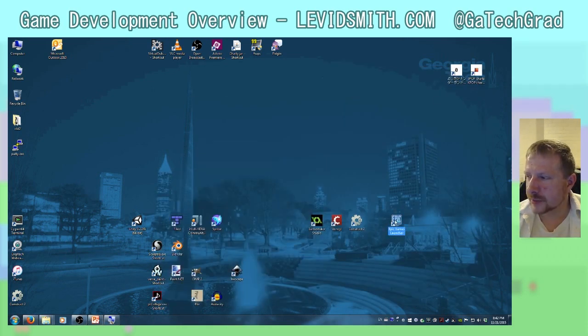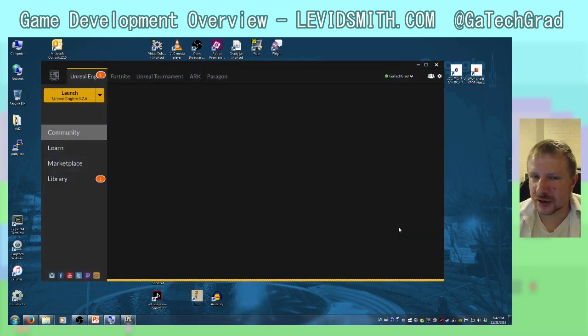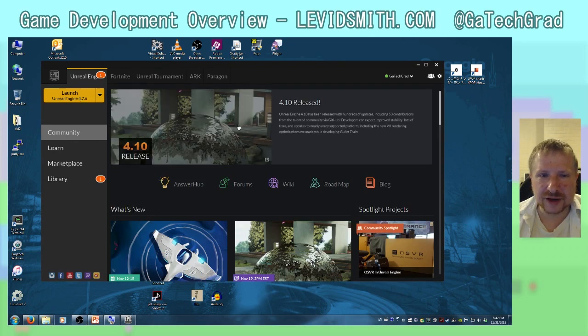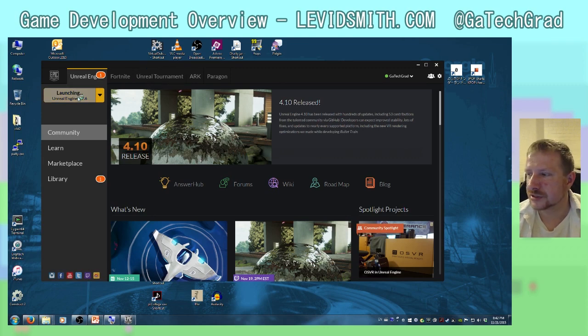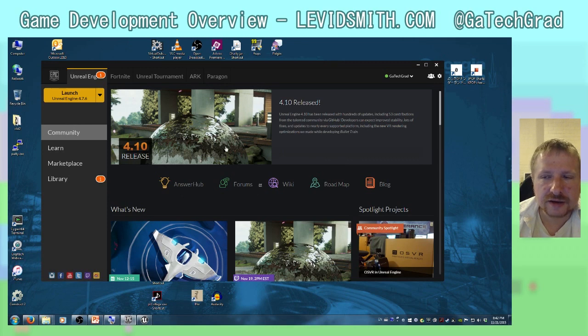One thing I don't like about Unreal Engine 4 is you've got to use this Epic Games launcher. It's like this middleware, and it wants to put all this extra stuff, like, oh, play Unreal Tournament or Fortnite. It's like, no, I just want the Unreal Engine. So you can click on it right there. It's an extra step that I think is kind of unnecessary, but I guess they want to show off all their latest stuff right there. But yeah, like I said, it's free,